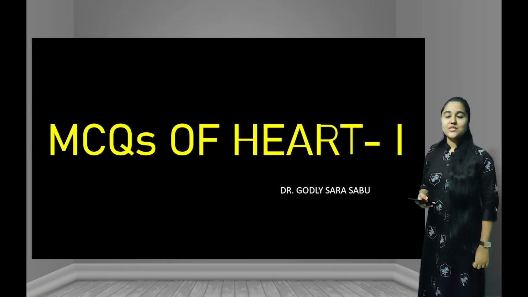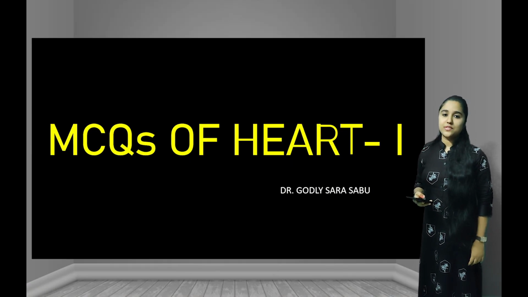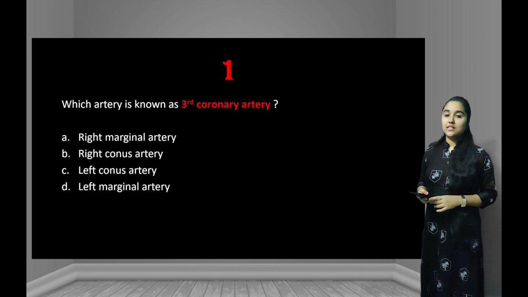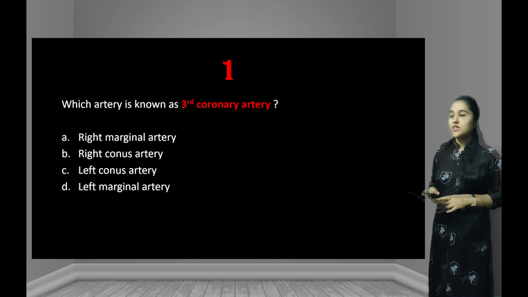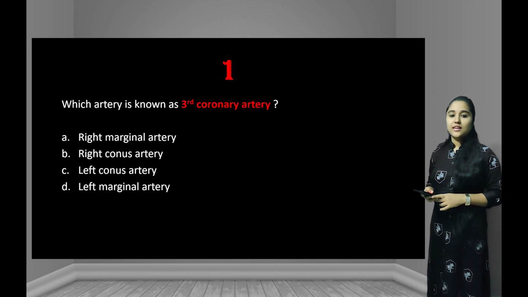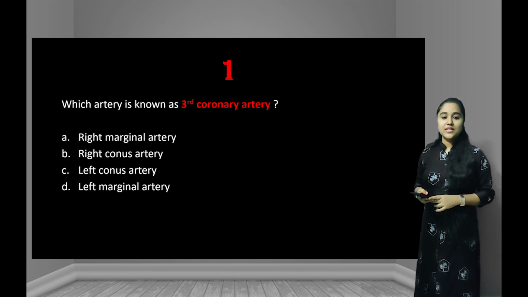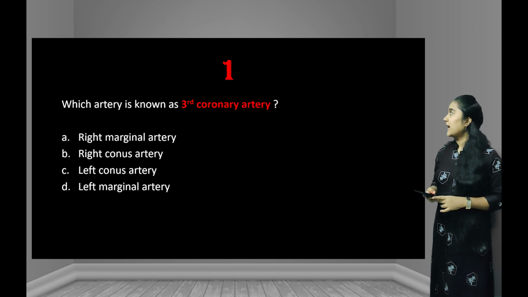Dear students, today we'll discuss some of the multiple choice questions related to heart. So we'll see the first question. Which artery is known as the third coronary artery? So you can see the options: A. Right marginal artery, B. Right conus artery, C. Left conus artery,